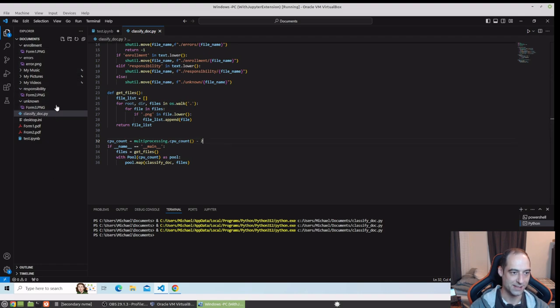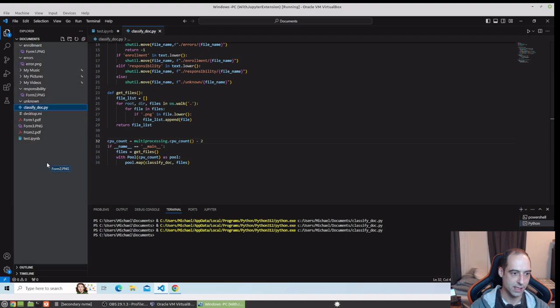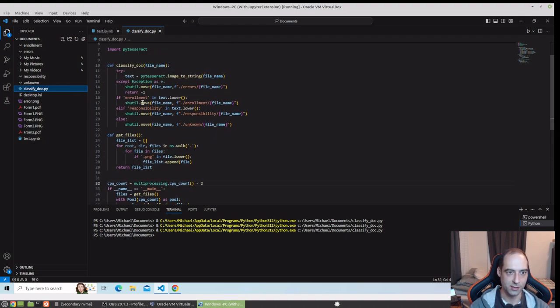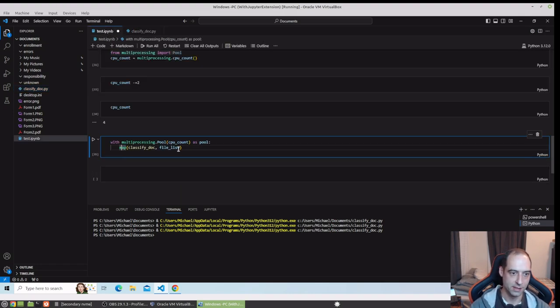All right, so now we see those have moved. We can go ahead and reset those here real quick. If you were actually testing this with a lot of files, you could modify something similar to this. I don't know, call it reset. Go one directory deep and say, hey, find me all PNGs, JPEGs, TIFF files, things like that, and move them back to the current directory. I just wanted to show